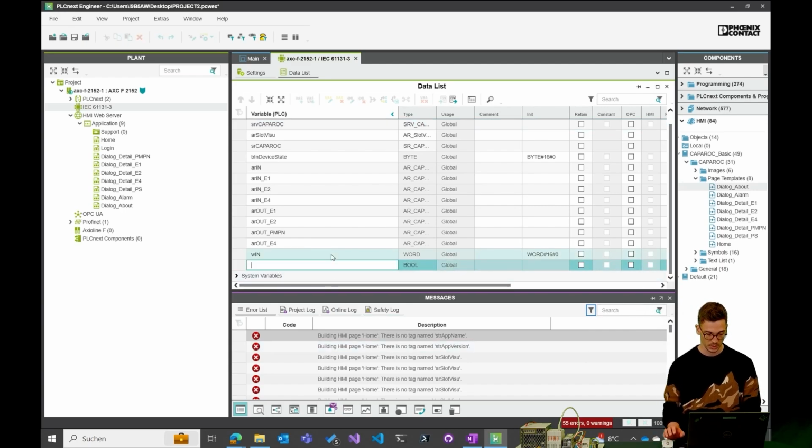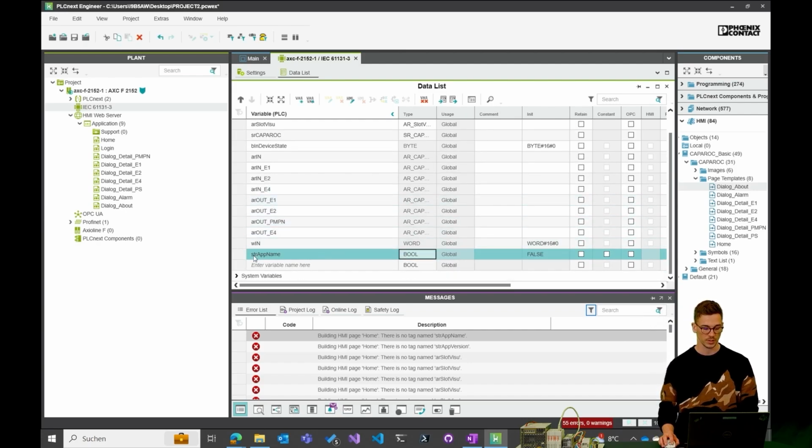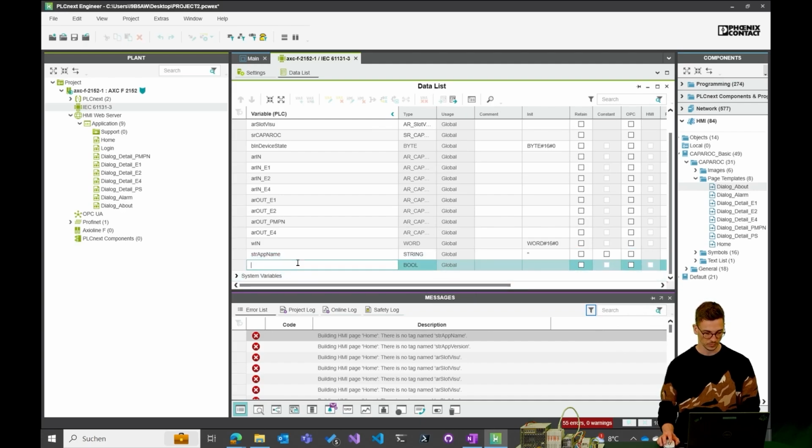You can see it here in the error message, str app name. I will explain later what it is used for, and you can see str is a string variable, so the type is also string. Then it's str app version.